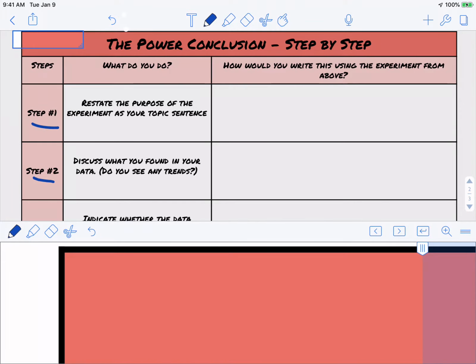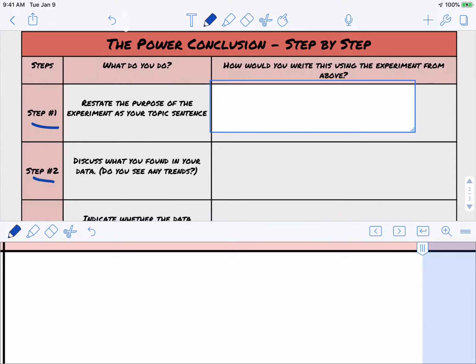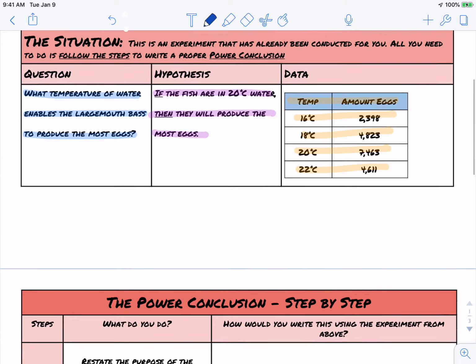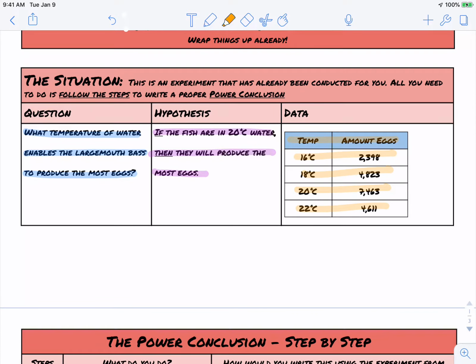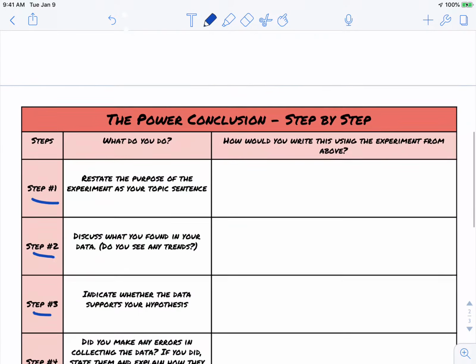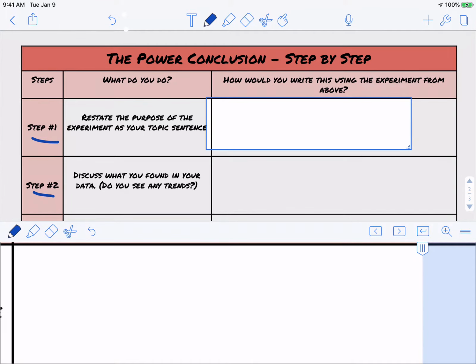Let's talk about step number 1, which is restating the purpose as your topic sentence. So we've established that we need to restate the purpose as your topic sentence. Well, the purpose is right here. It lies within our question. So the purpose of our experiment is to determine what temperature of water enables a largemouth bass to produce the most eggs. So we would write here,